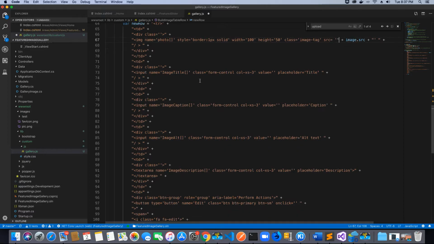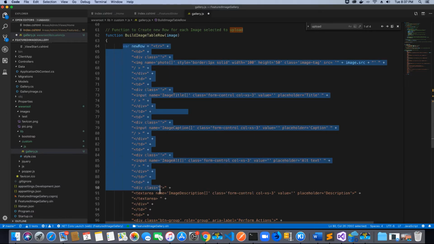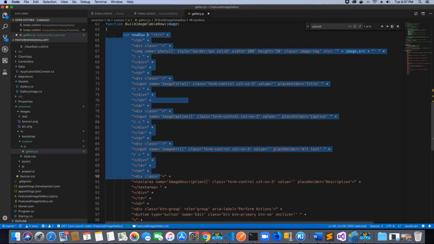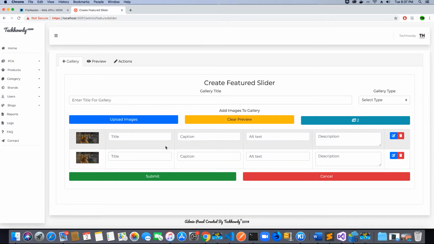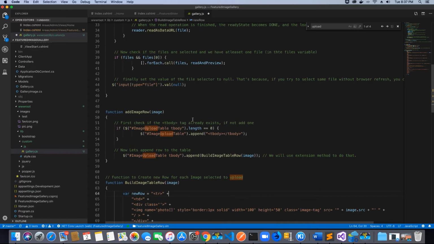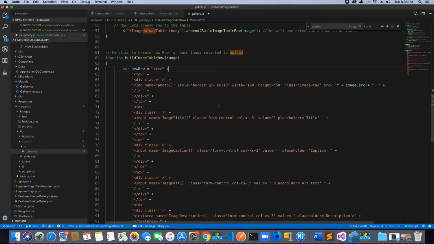So this is one way to do it, using some JavaScript concatenating the values and creating your table row, because every time we have to create a new row with 6 columns, we will call this method. It will create a row with 6 columns and it's just going to keep on appending each row. So you can either use jQuery, complete jQuery to run a for each loop and then create rows. But I don't recommend that because I'm anyways going to teach you in the upcoming videos how to do that